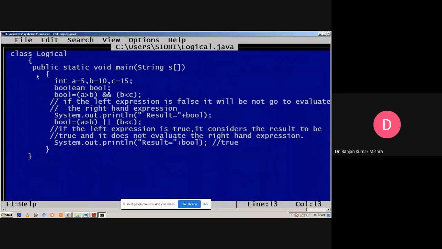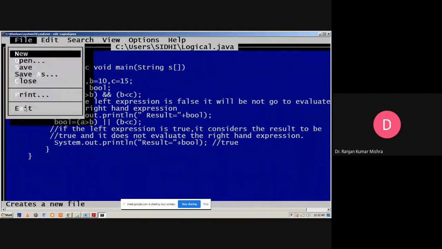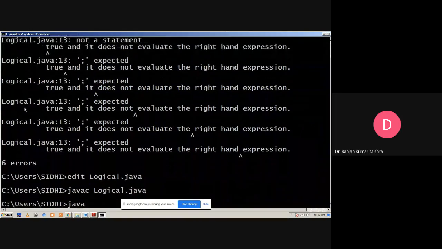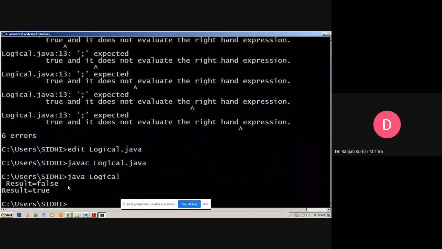Now we see, file save, exit, javac Logical.java. Now we go for the java. Now the result becomes true. So this is the working mechanism of the logical operators.